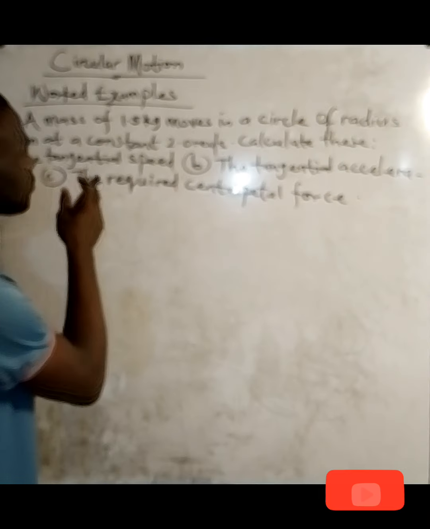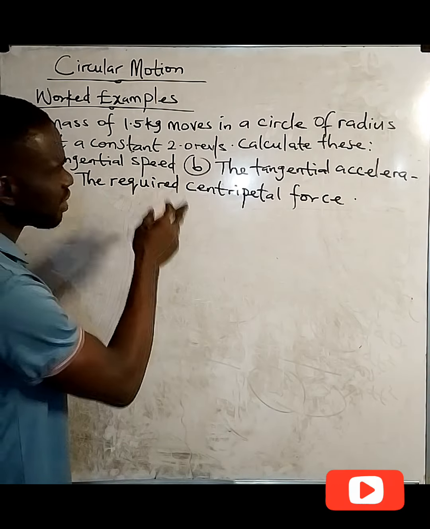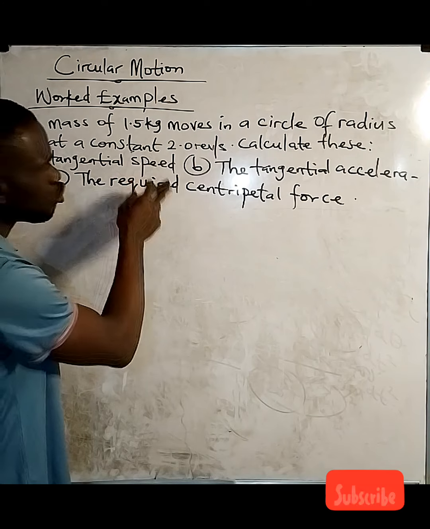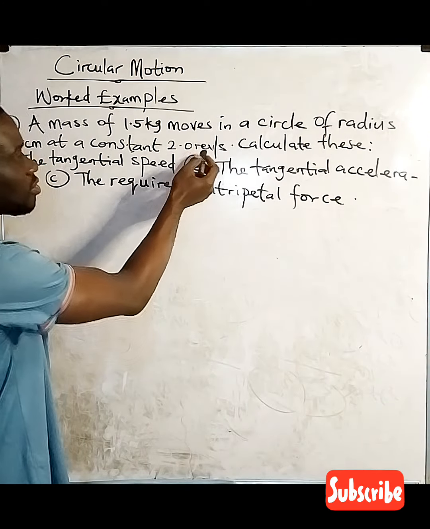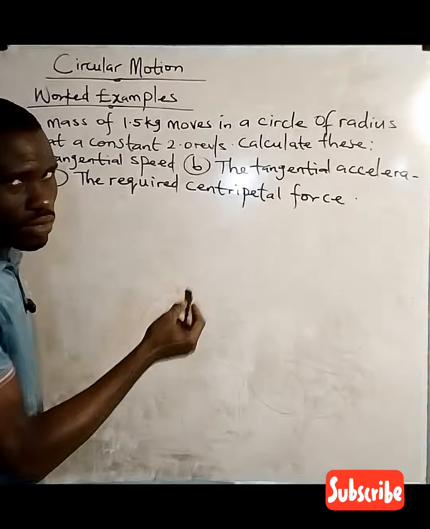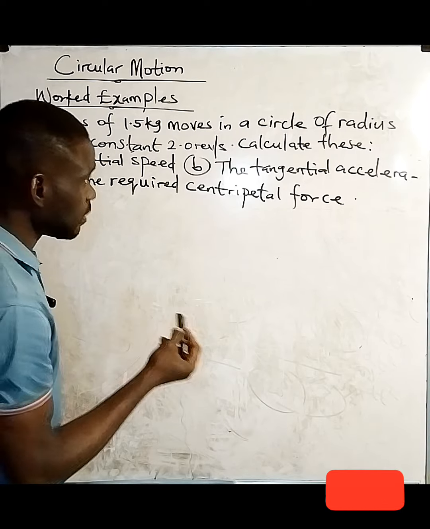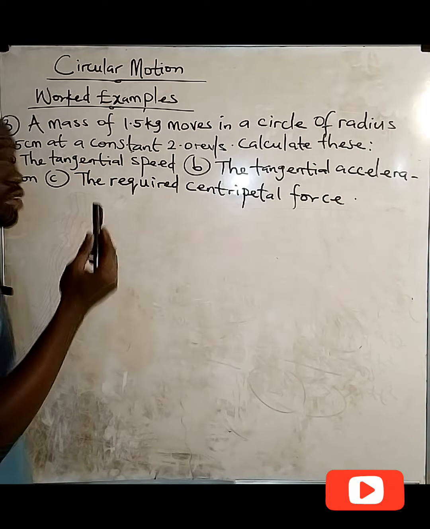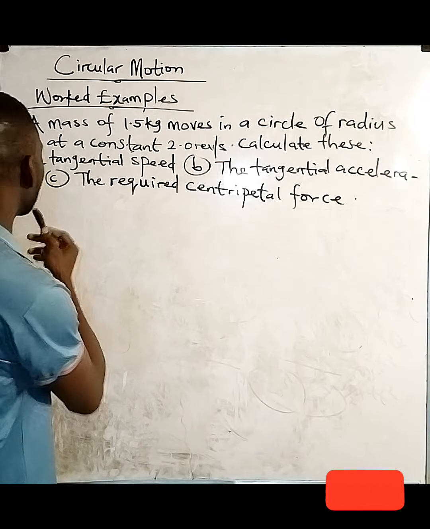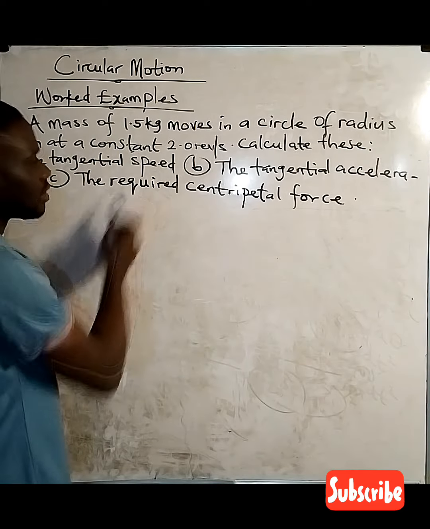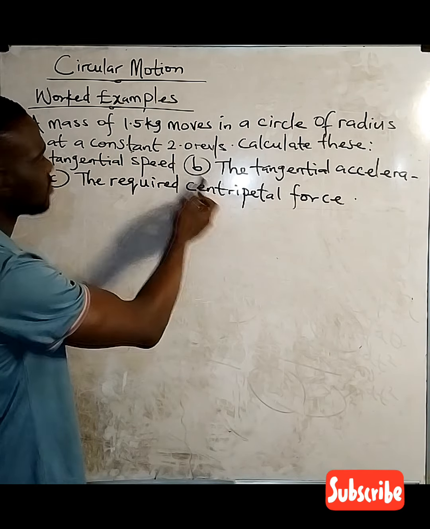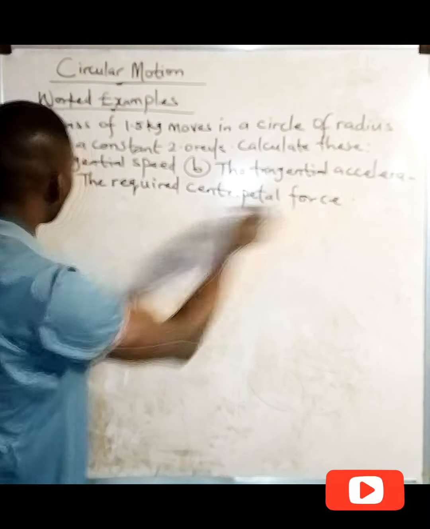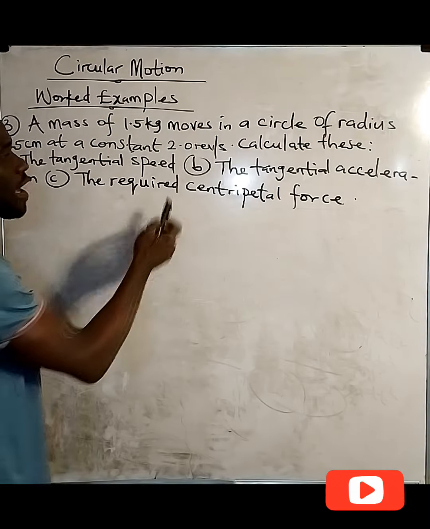A mass of 1.5 kg moves in a circle of radius 25 centimeter at a constant 2.0 rev per second. Now, 2.0 rev per second is simply the angular velocity or speed. Calculate this. We have three major questions. The first is the tangential speed. The next, question B under this question 3, is the tangential acceleration, and the very last is the required centripetal